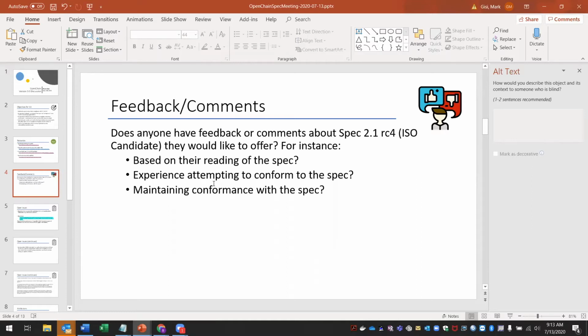We'd love to have the new eyeballs, the fresh look at the spec and tell us your experience along the way. Even if you share your experience and things are okay, that'd be great to hear here as well. Or a part of that experience might be, well, this is a little difficult to understand, or this is a little difficult to implement for our company, given the way we're organized. We'd love to hear that too. So thank you for raising that potential future feedback. I'm really looking forward to that.